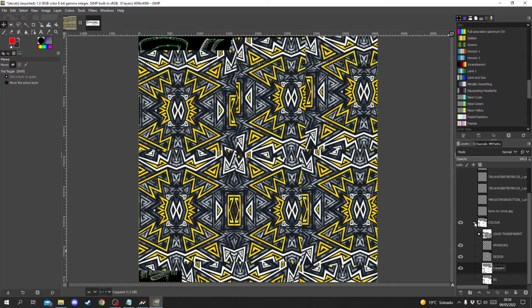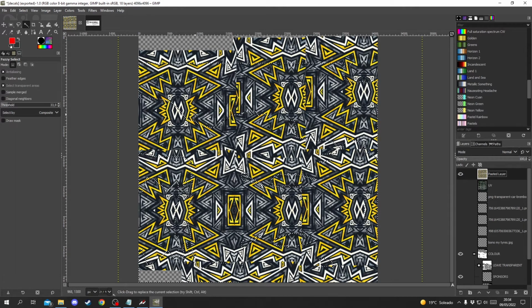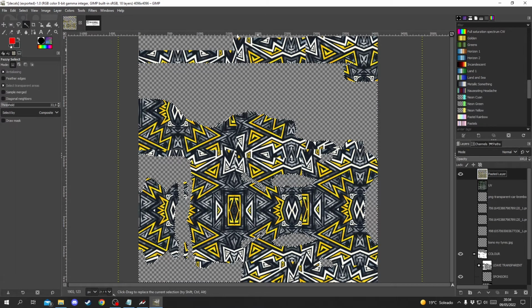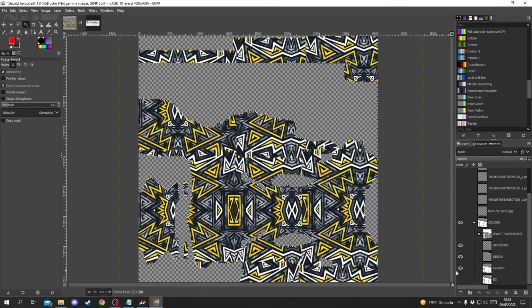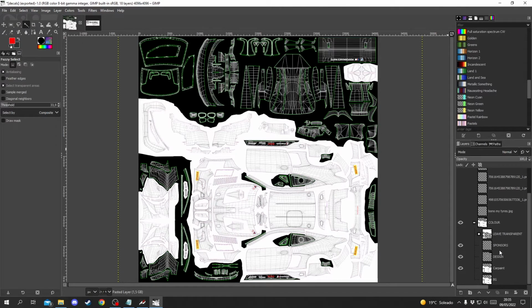I only want the body parts to be selected, so the same. Select on the outside, select every bit that should be carbon fiber space. We go back to the layer, delete key, and because here on top it doesn't go all the way there, what we can do is clean that up. For example, I want to keep the pattern on the wing, but delete the rest. So the wing was on the design. So hit here